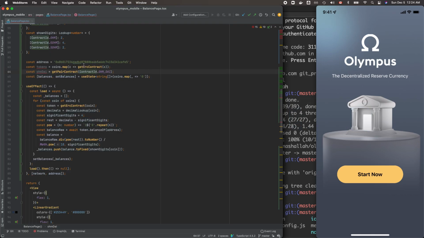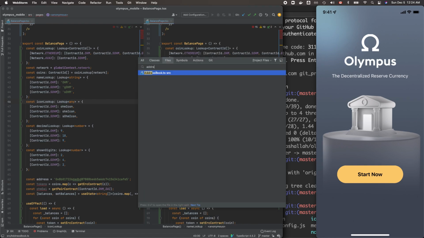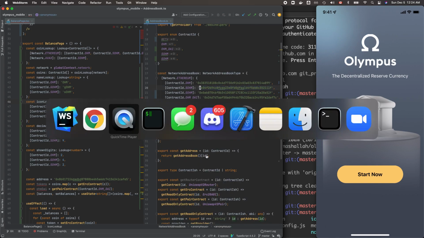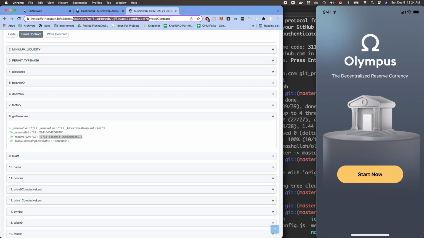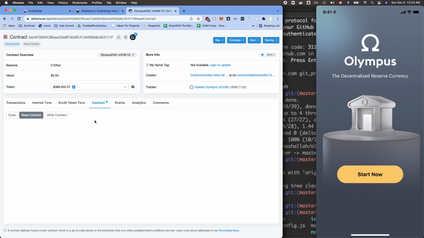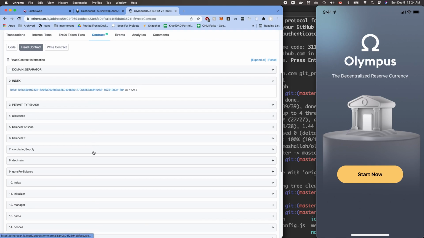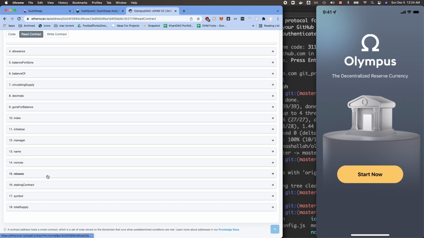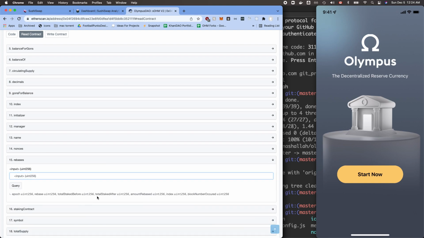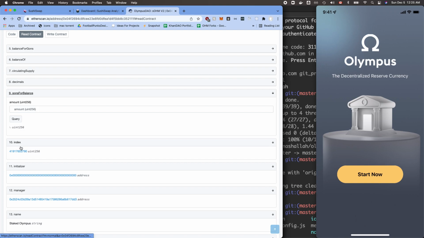Let's go and figure out the staked Olympus's index. So let's go to address book. We have the staked Ohm's address here. Let's just take a look at the contract to see if the contract gives us that information. I think there should be a variable called index that should give us what we need. Let's go to read contract. Oh, there we go, index. And this seems to be a big number. Let's see. Rebases, name, nonces, manager, initializer, index. This is interesting. So we have this index,